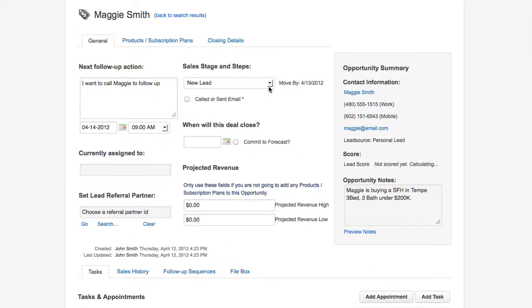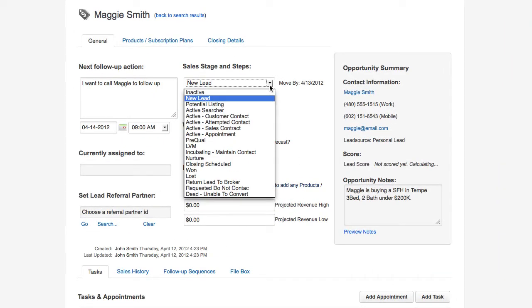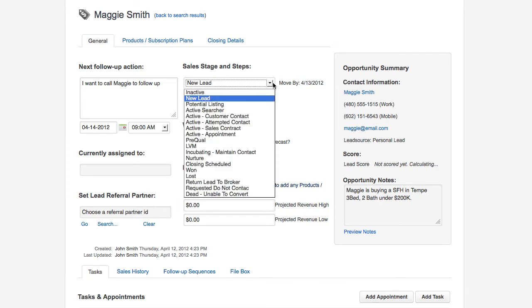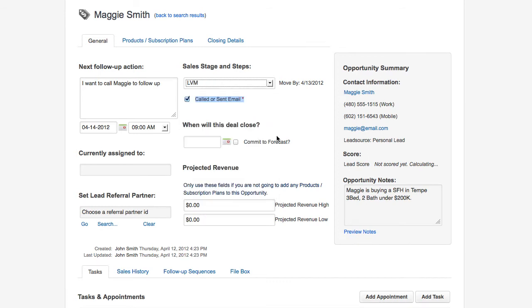Let's just say that I made a phone call to Maggie and I left her a voicemail. Within the sales stages and steps, you can choose the appropriate action. So I left a voicemail. Now it's telling me that I need to check off called or sent email. If that is there, then you just need to simply select that you called or sent an email, which shows that you made an attempt to contact the new lead. I went to voicemail, or left her a voicemail,